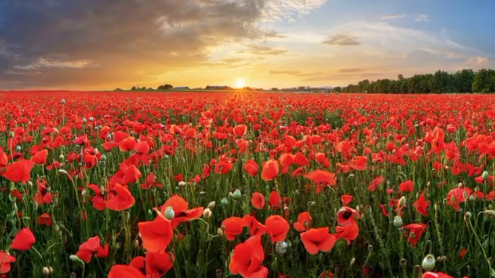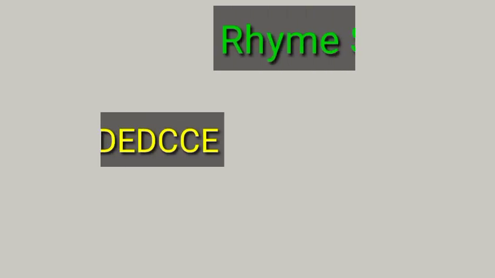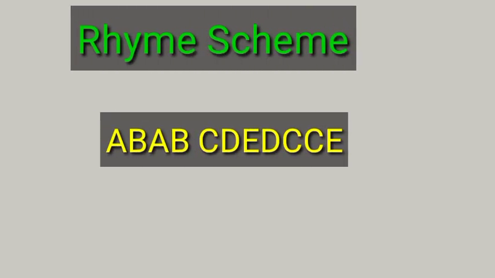Now, let us try to understand metrics of the poem. The rhyme scheme of each stanza of this poem is A, B, A, B, C, D, E, D, C, C, E. Each stanza is divided into a quatrain and a septet. The meter is iambic pentameter in general. Penta means 5. Each line is made of 5 meters, and the pattern of each meter is iambic. Iambic means each meter contains one unstressed syllable followed by a stressed syllable. There are also a few exceptions to this metrical pattern in this poem.